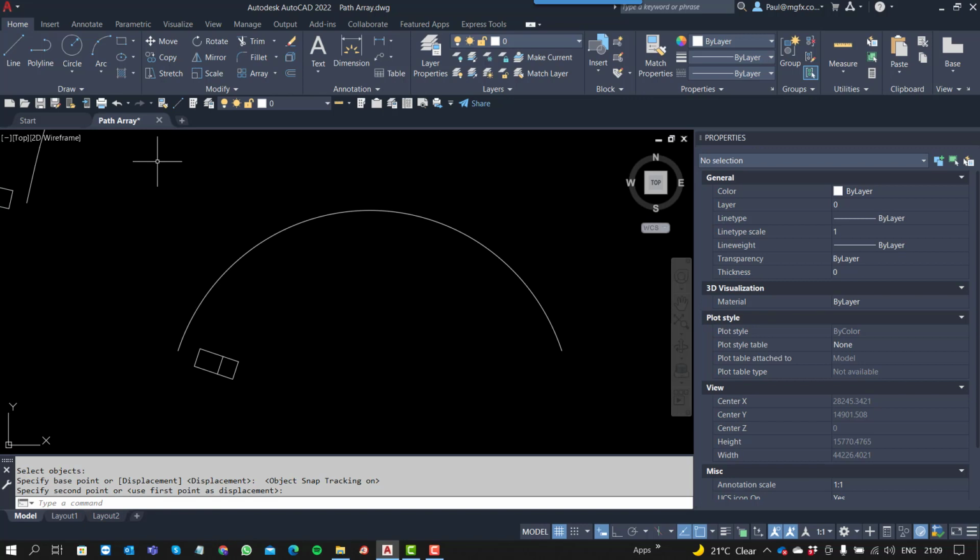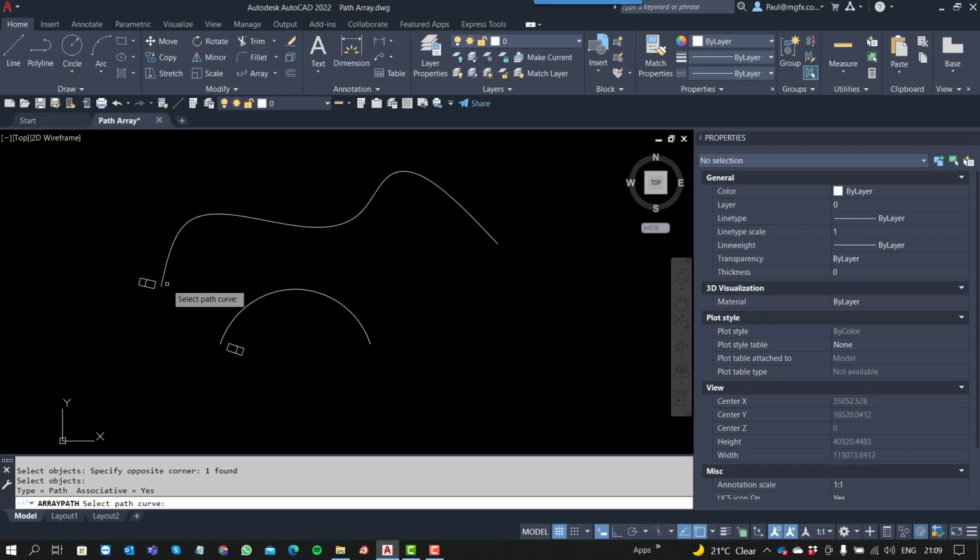Right, so the array works just like the other arrays to start with. You invoke the path array command. At the bottom of the screen you'll see it asks you to select objects within the command line. One can then select the items that one would like to array. Might be multiple objects. Once they've been selected, the instruction turns to select the path curve. In this case the curve could be a polyline or arcs or splines. I'm selecting this curve,